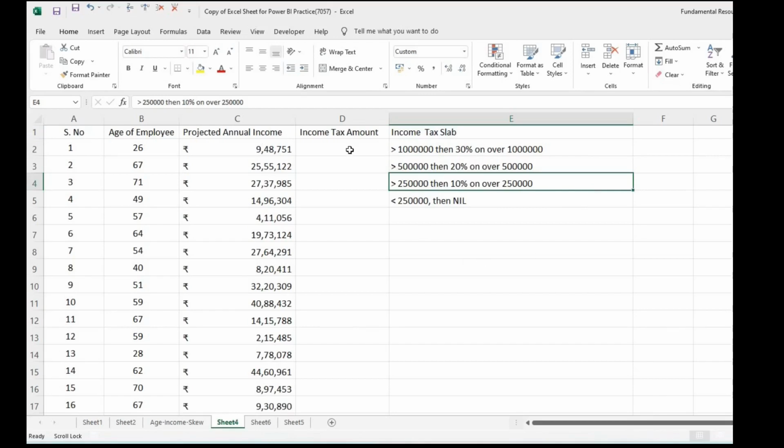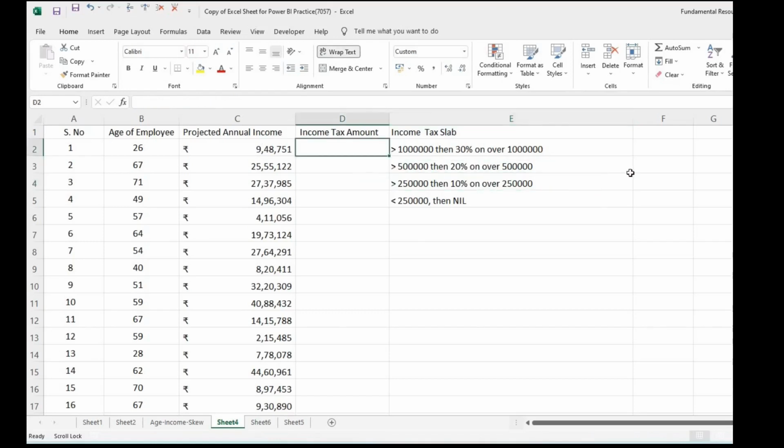So there are three brackets in which the income tax will be paid, and we have to compute it for all 75,003 employees. If you do it individually, it might take ages, so in this situation we can use a nested if function to compute it quickly.